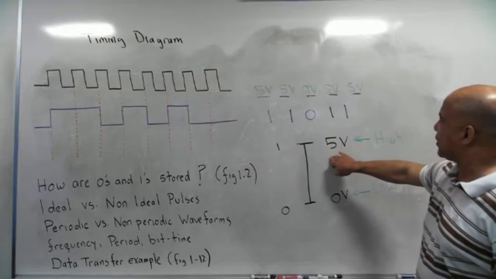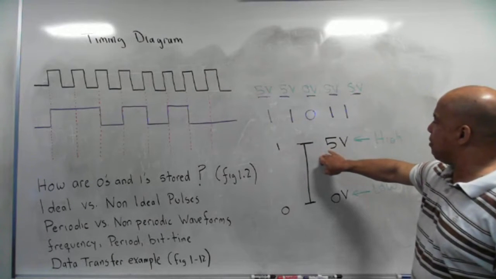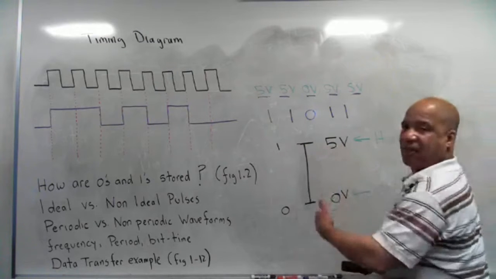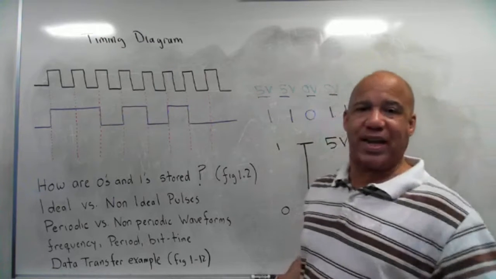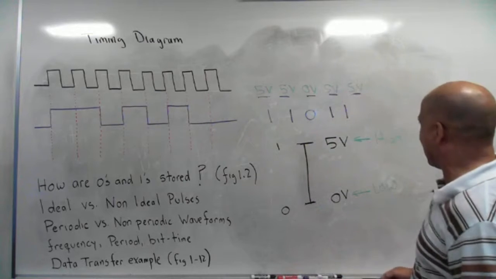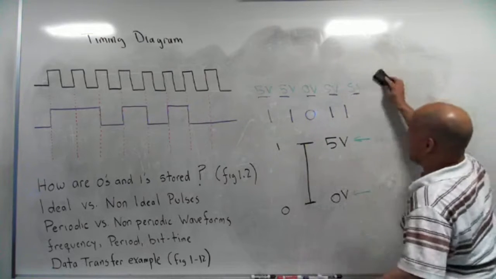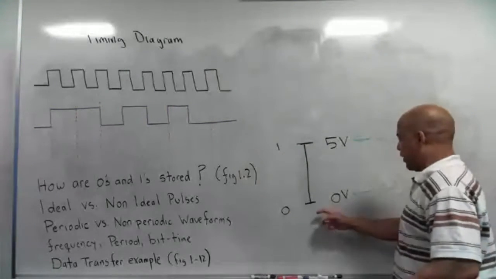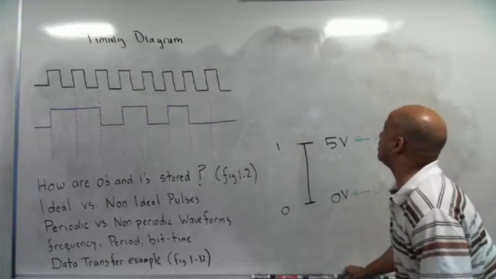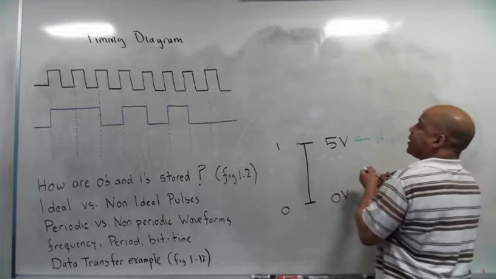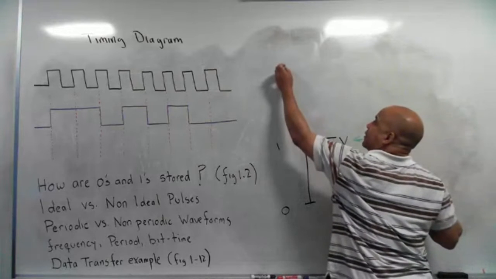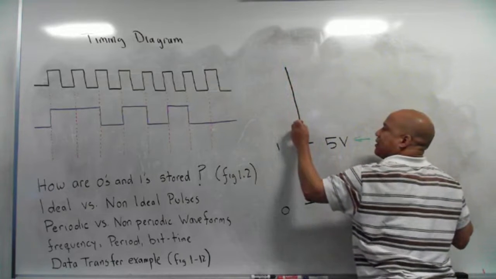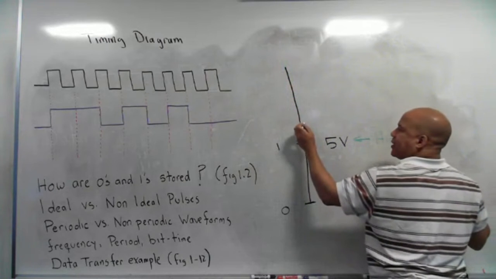This diagram here represents an ideal situation. In reality, you don't have exactly 5 volts representing a 1 or exactly 0 volts representing a binary 0. This is an ideal representation. In reality, I'm going to redraw this diagram. This is the perfect or ideal diagram. Really what you have is this, and I do have a diagram on Canvas that you can print out, but really what you have is,